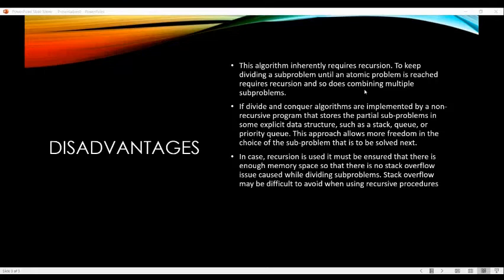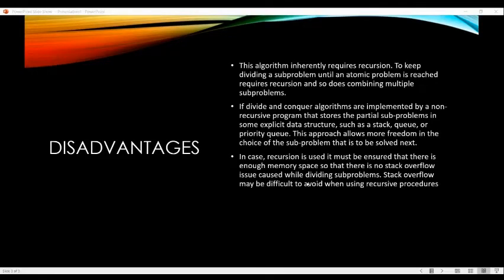If recursion is being used, you must ensure that there's no stack overflow and that there is enough memory for the problems to be stored. Another disadvantage is that in case you do not get the base case right, you will not be able to implement the algorithm correctly. This is because the base case is central to the divide and conquer algorithm. All these subcases ultimately become a base case. So getting the base case is very important, and if it is difficult to find what the base case is, it will result in some huge problems.